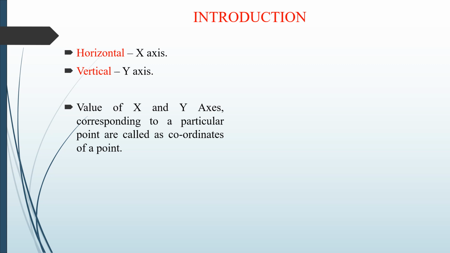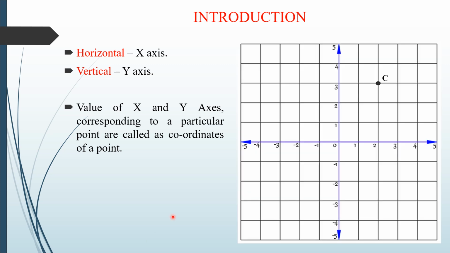Suppose I want to explain you that with an example here. This is suppose point C. You can see this horizontal line. Always wherever this vertical and horizontal line meet, this is called as origin. We represent it as 0 or also sometimes as O. Remember, this horizontal distance, this is called as x-axis, and this vertical distance, this is called as